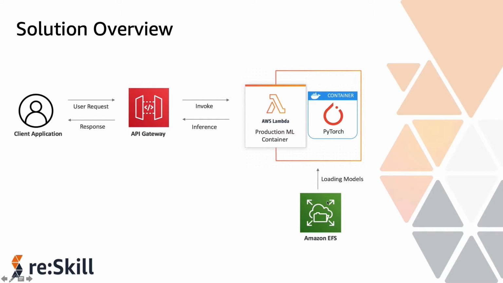Right? And once the inference is done, the AWS Lambda will send the response back to the user. Okay, so this is a pretty simple architecture, but it has lots of components. And what we are going to do is, we will deploy all of this using SAM CLI or the SAM